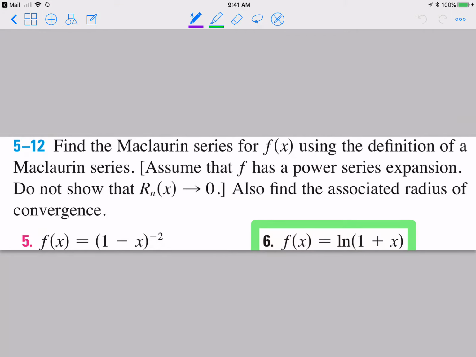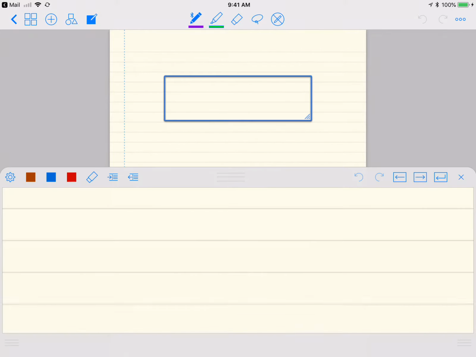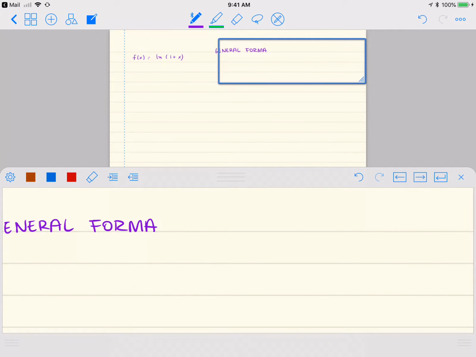So our f of x is natural log of 1 plus x. And now we've got our formula for the Maclaurin series. So we can get started. So our f of x is natural log of 1 plus x. And the general format for Maclaurin series